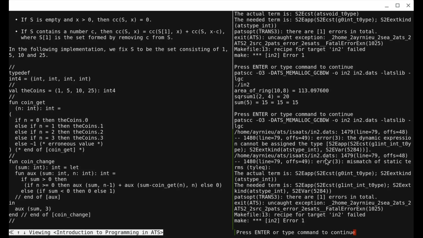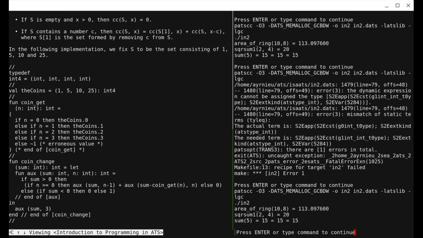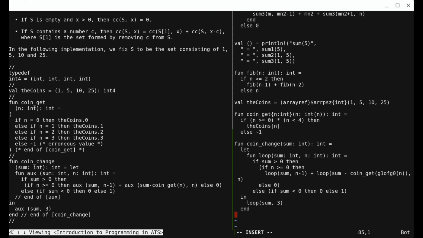Special static terms. Oh yeah, because I changed coin get to need refined ints, but it's no longer using that. But there's a very cheap way. You can just say, okay, just forget it. G1 of G0. Just make it refined. That works. So let's see if